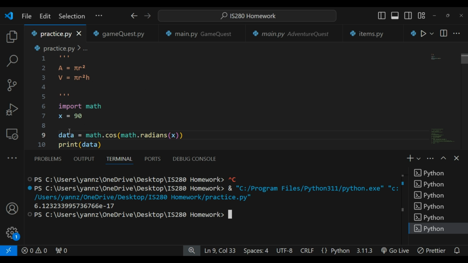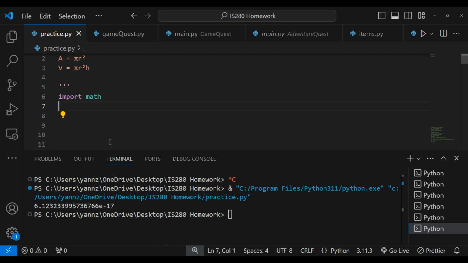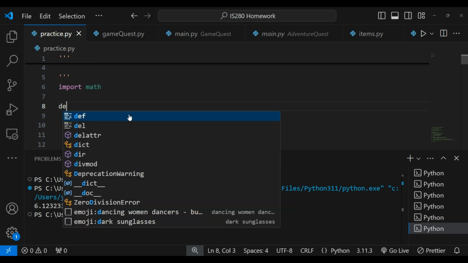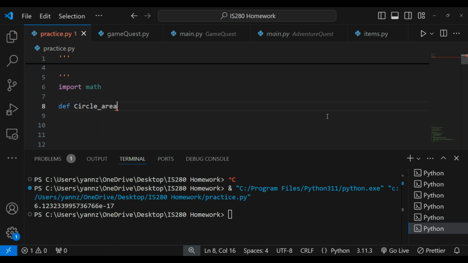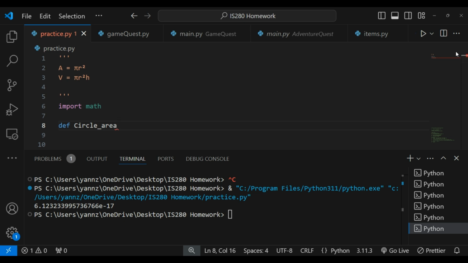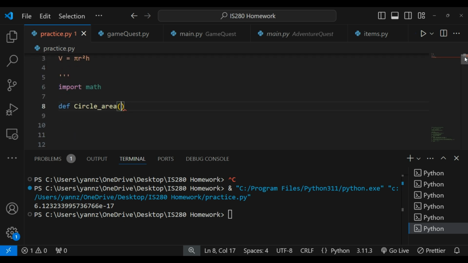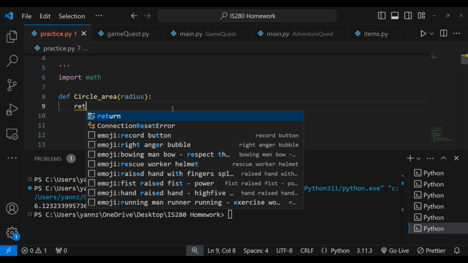Now let's take it a little bit further by using the module to solve this small problem here. We want to calculate the area of a circle and then the volume of a cylinder using the math module. So we can use a function called circle_area. We know the formula is pi r squared. So we need the radius because pi is already given. So we can pass radius here and then we can return something. One thing about a function: you can either return something or you can print something. So we're going to return